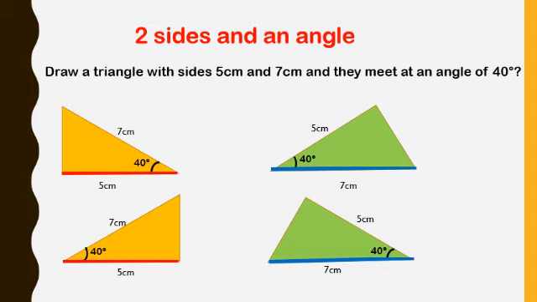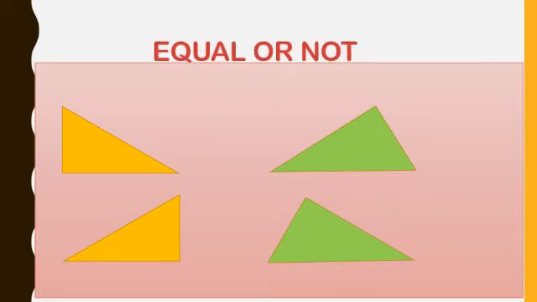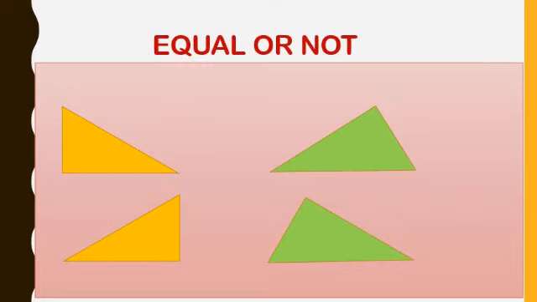Here, as we know, two sides and an angle made by them are equal. Then what about the third side and the other two angles? Whether these are equal or not? Let us check by keeping one triangle over the other triangles. If these triangles coincide with each other, it means all sides and angles are equal. These are the triangles we drew just before. Let us see whether these triangles are equal or not.